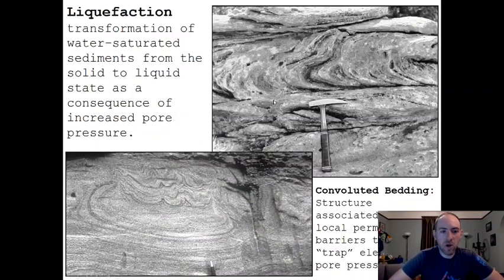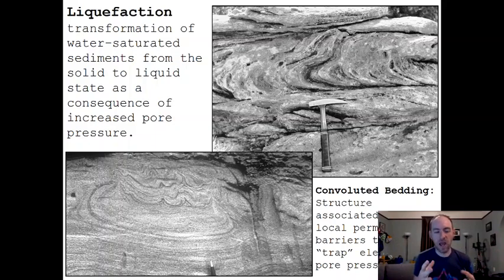You can get liquefaction if you have water saturated sediments that basically change state, if you will, from a solid to a liquid state as a function of the increase in pore fluid pressure. So if the particles start to move relative to one another because they've been, say, impacted by an earthquake, or if they start to flow, right? If they're being moved down slope and they start to get transported in shear, the shear dilation can result in increasing the pore pressure. The increase in pore pressure that is associated with those particles moving can result in that pressure separating them apart a little bit, right? As you increase the pore pressure, you try and force the particles away from each other. And that can result in that pile of sand starting to move as a liquid. And this can happen